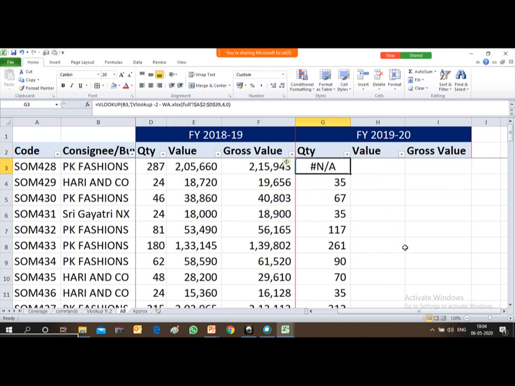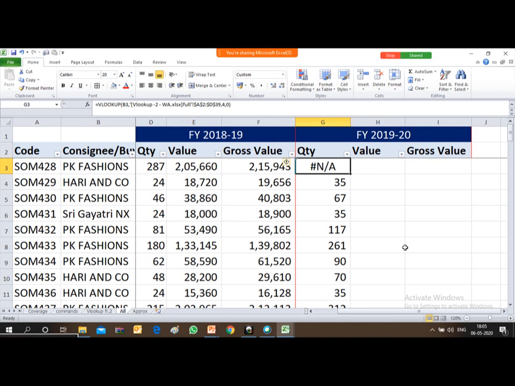Now after pressing enter, you will find no value. An error is appearing. So what I did, I just changed the column from A to B, but the data is not appearing. It means some error has occurred. So what kind of error has occurred? Friends, in the VLOOKUP range which I have provided, the first column is also the code of the party.